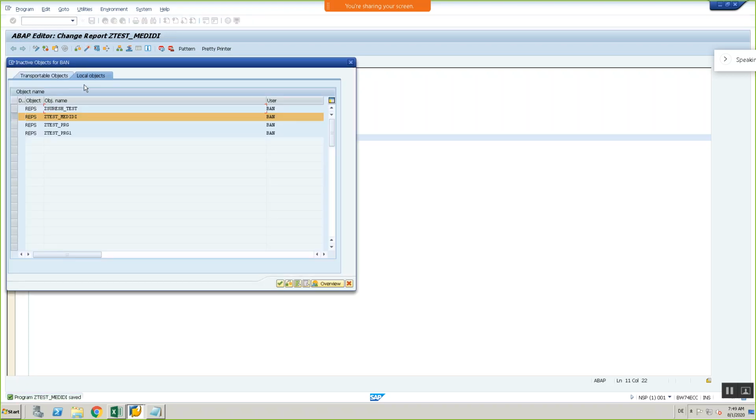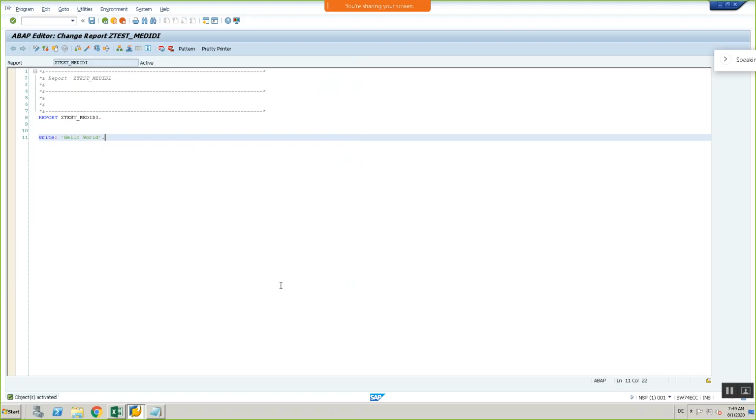Okay, now try to activate this. Whenever I try to activate, I will get this symbol window, and currently my program will be highlighted. So I just click on OK. Done. Every time we need to check the below status of the program also. See, object activated, so it means no issue, no errors came. And we can see the state of my program is also active. So when it is in active version, I can execute the program. So this is the symbol which looks like execute. When I click on it, it goes to direct processing, and there is a shortcut key also, F8.